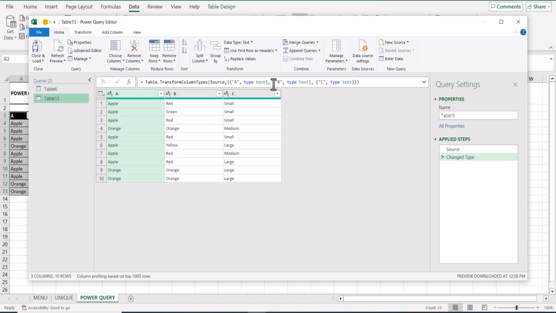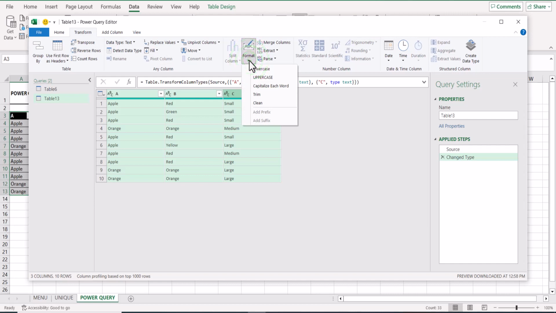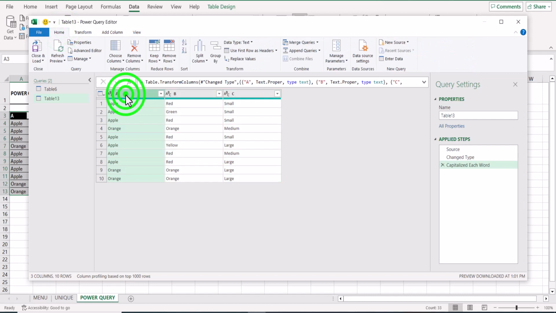In order to do that, I'm going to select Change Type. I'm going to select my columns. I'm going to go to the Transform tab. From there, I'm going to go to Format, and I'm going to pick what seems to be the most appropriate for me. So I think what would be the most appropriate for this table is to capitalize each word. I'll hit OK. Let's go back to the Home tab, and let's just specify which columns we want to use